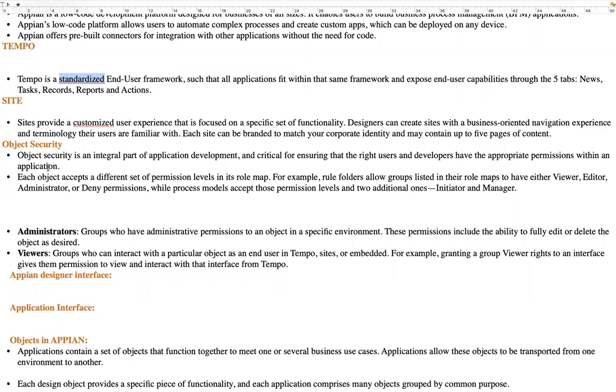A site is also like Tempo, but it is a customized thing. The developers create sites and give them to the end user based on their requirements. Both look similar, but the difference is that Tempo is standardized, like a static thing, while a site is customized, a dynamic kind of thing. We can change anything in the site, but we can't change anything in Tempo.